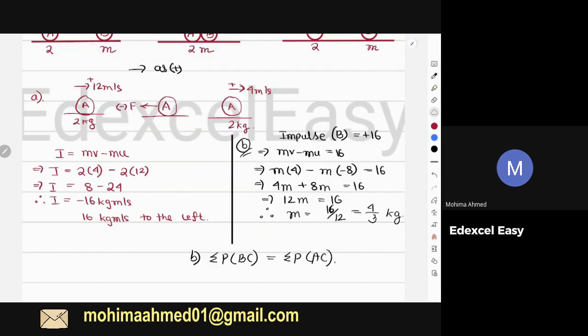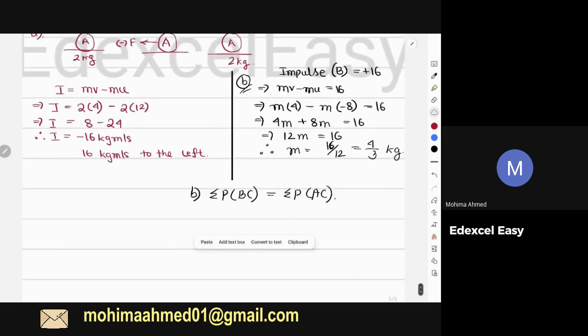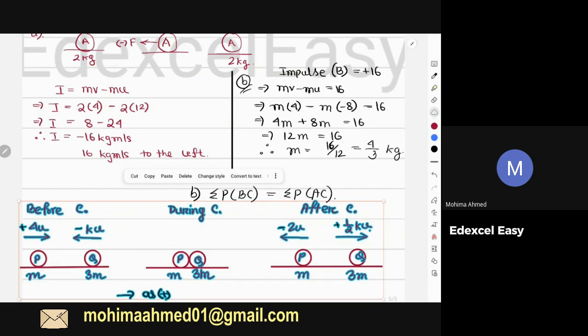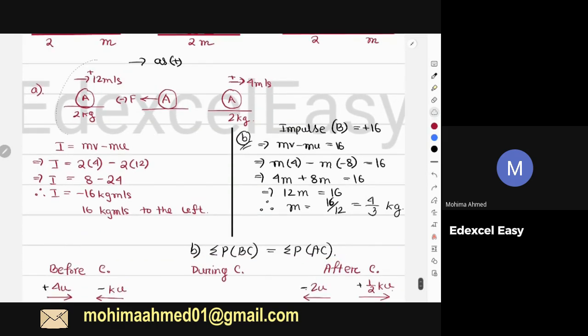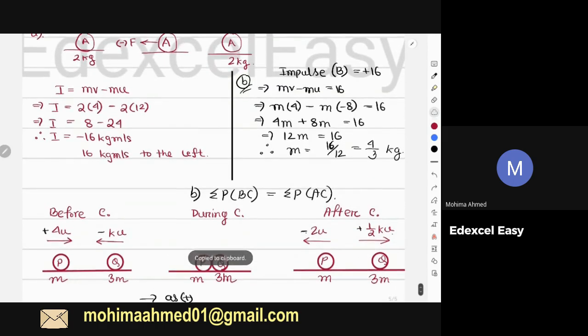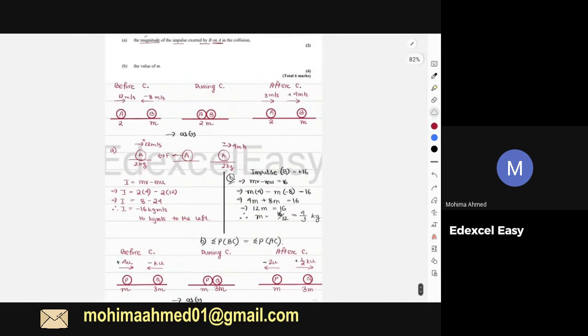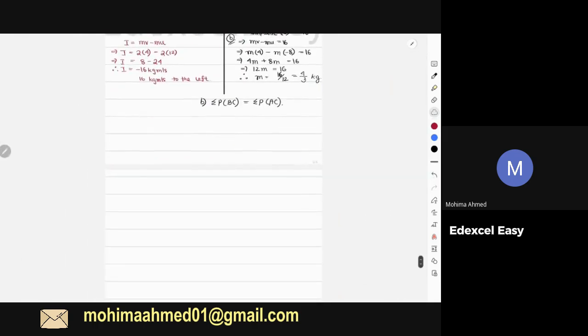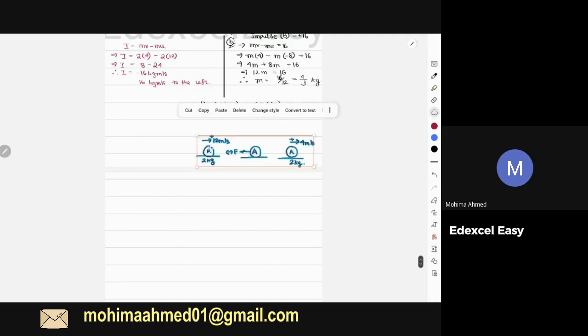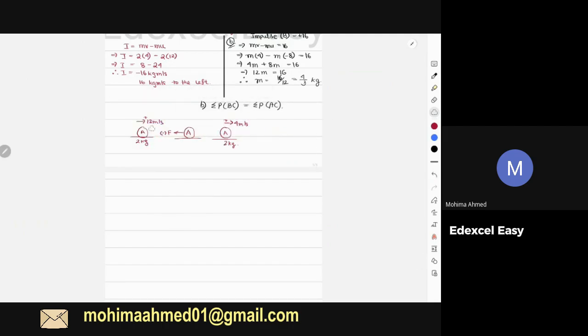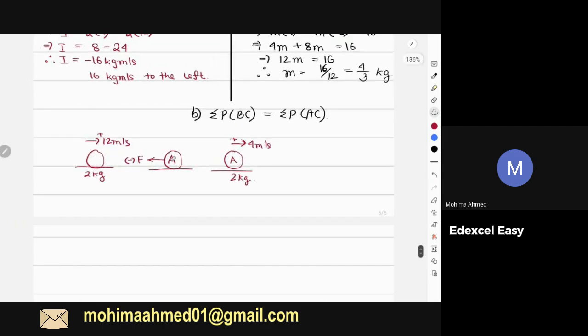I know that they are exerting equal amounts of impulses during the collision, right? They always exert equal amounts of forces on each other during the collision. That means they're also going to exert equal amounts of forces on each other. Okay, just 1 minute. Now, if I want to express this diagram in terms of particle B,